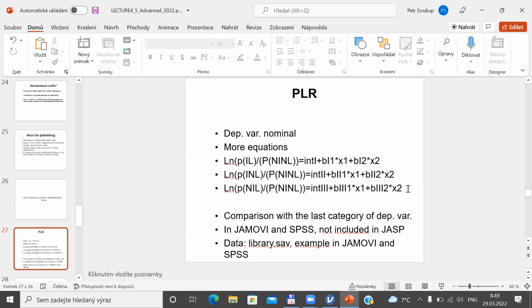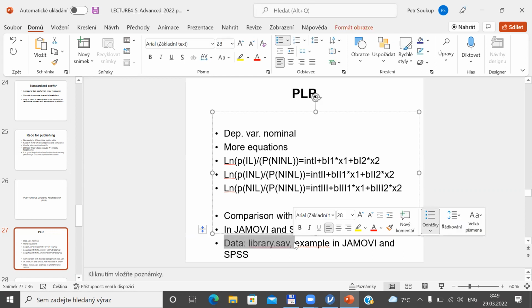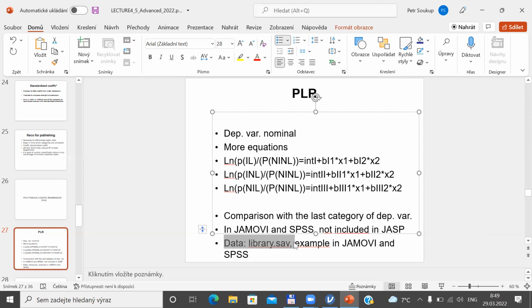If you are interested in this model, you can consult literature or some other materials available on the internet. So here we are, and we will be using currently data file library SAV. First step would be that we will learn very briefly how we can compute Polytomous logistic regression model in JAMOVI. In the next step, I will show you also the same computation in SPSS for you to see these two